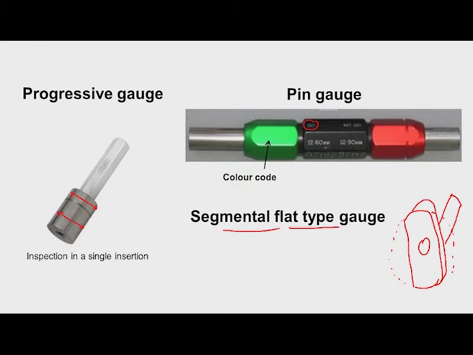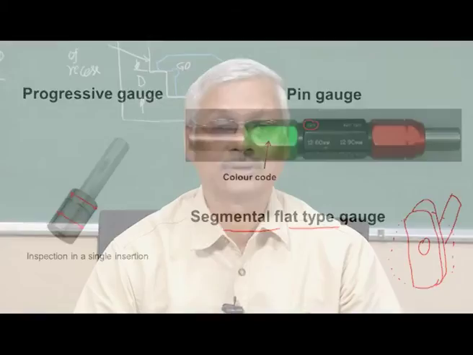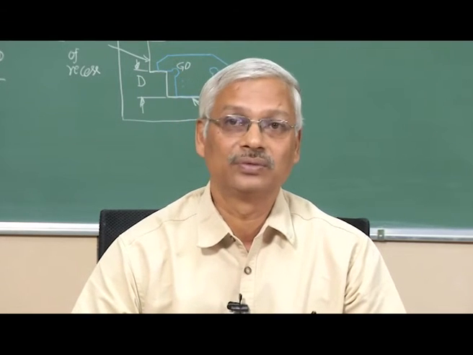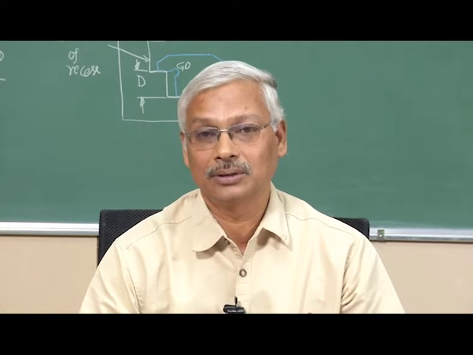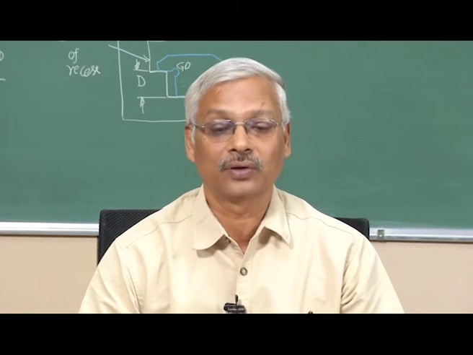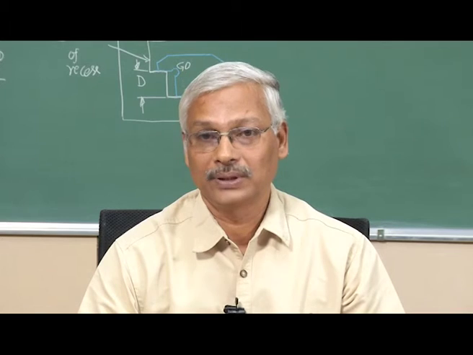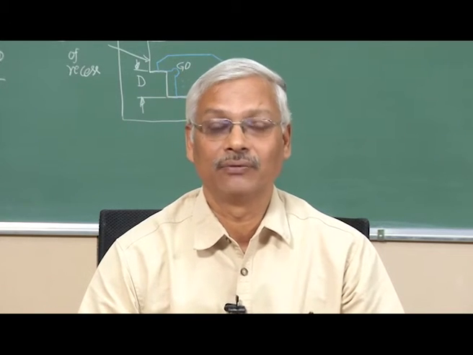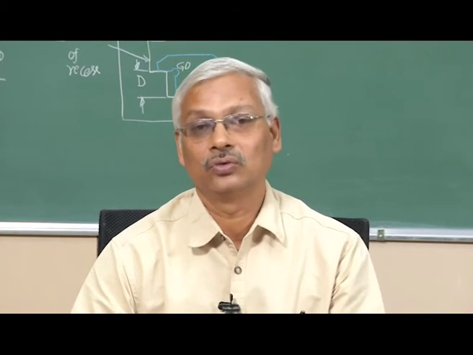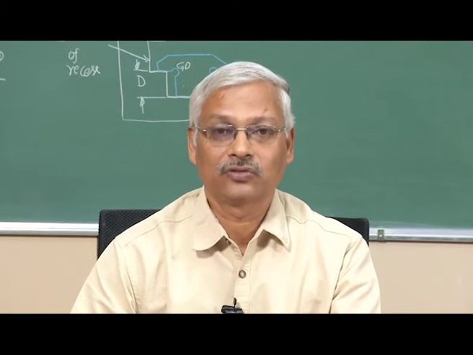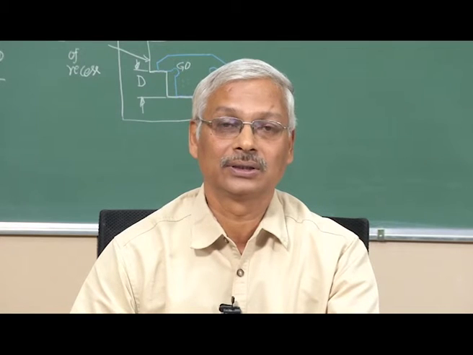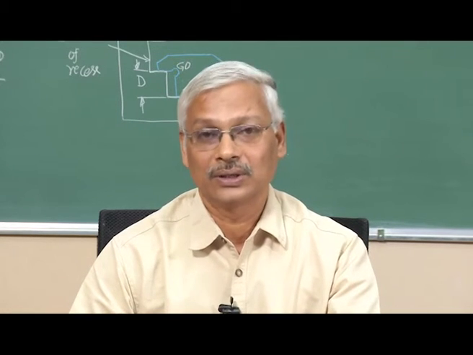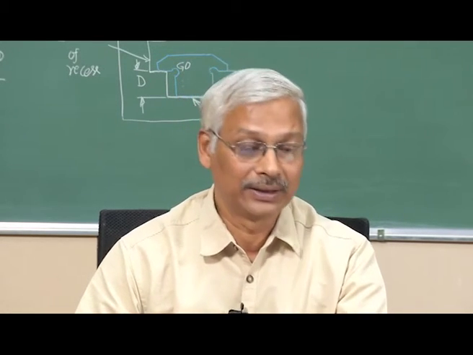The advantage is that the material required is less and the weight is less, so the operator can comfortably use them. Also, if the diameter of the hole to be checked is large, then we always go for single ended plug gauges in order to reduce the weight of the gauge. So we use one gauge for checking the upper limit and one more gauge for checking the lower limit. So they are called single ended plug gauges.